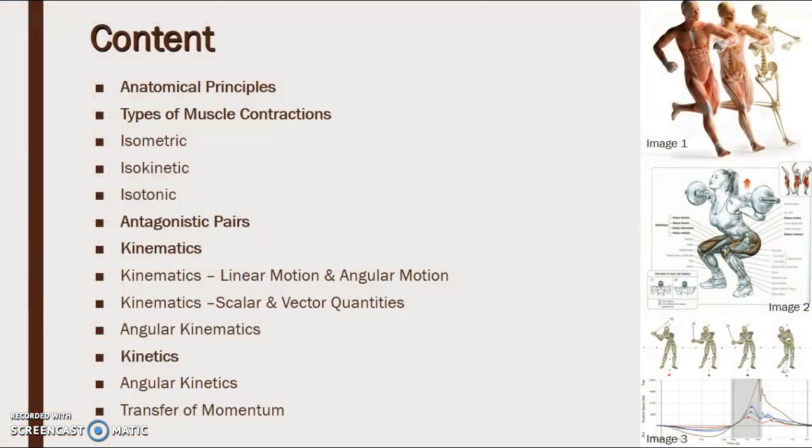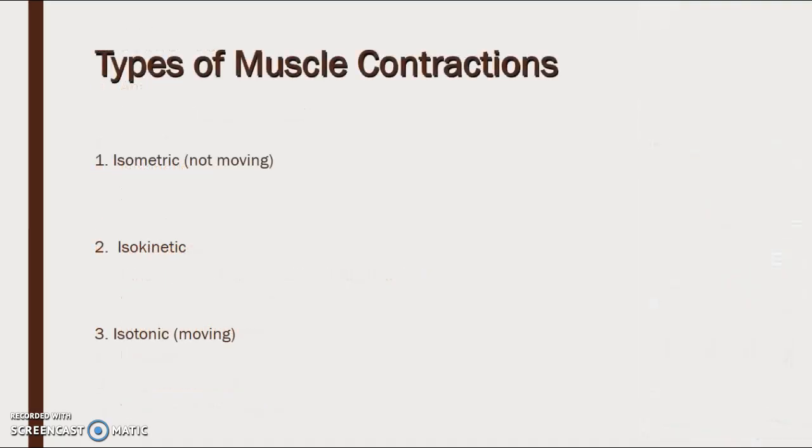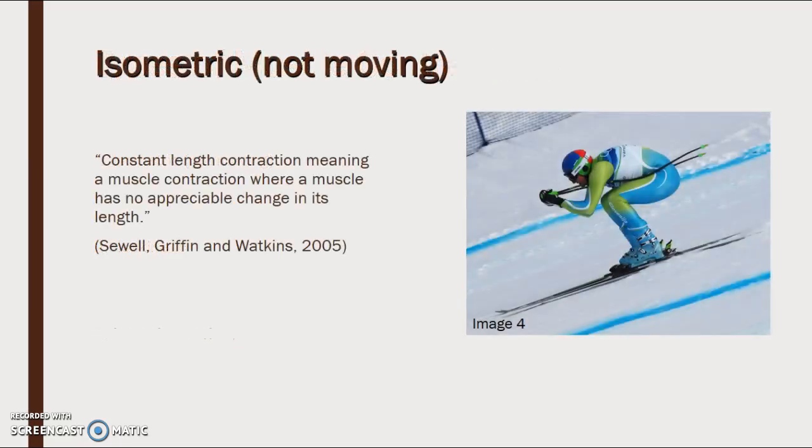So this is the content page and it's all the subjects I'll be talking about. Starting with anatomical principles, the types of muscle contractions are isometric, isokinetic and isotonic. Isometric is the constant length contraction, meaning a muscle contraction where a muscle has no appreciable change in its length. An example would be skiing, because skiing you need static strength, which is required to stabilize your upper